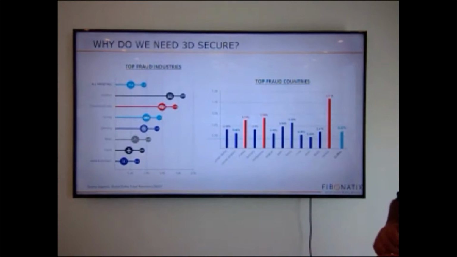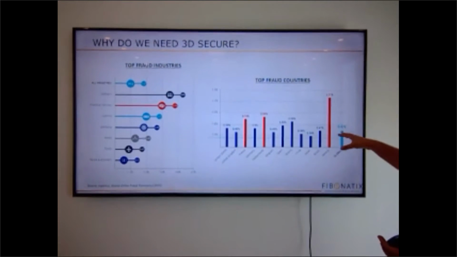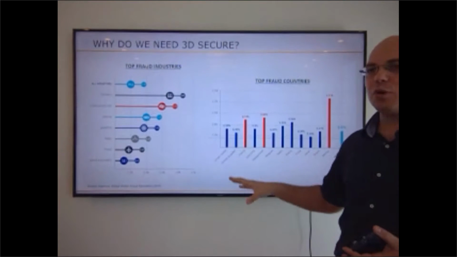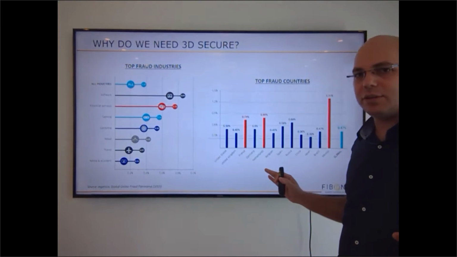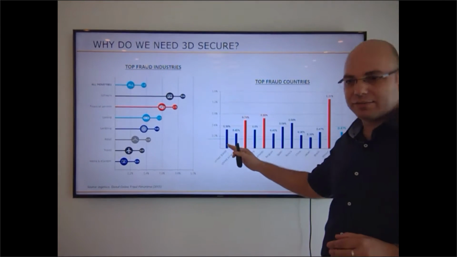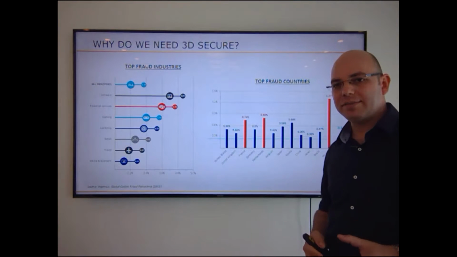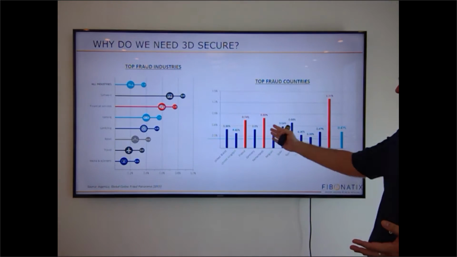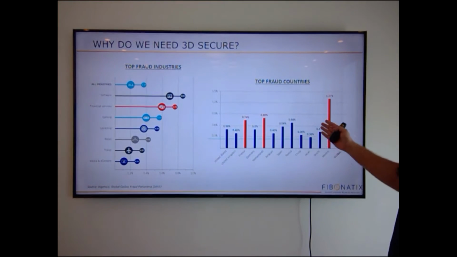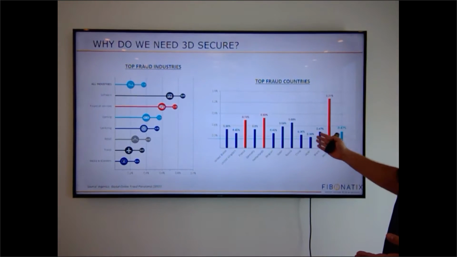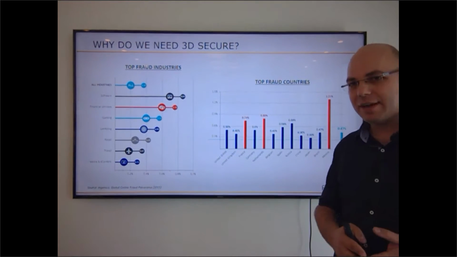Now, if we look at where fraud is coming from based on countries, again, it obviously corresponds to the same numbers. So it's 0.47%, but some countries are a bit more fraudulent than others. So you can see, for instance, in the US, 0.5% of all online sales are reported as fraud, 0.4% in the UK, in France, 0.74%, Germany, 0.5%, Netherlands, 0.8%, Belgium, 0.4%, Spain, 0.58%, Russia, 0.68%, China, 0.36%, Japan, very low, 0.3%, Brazil, 0.47%, Mexico,